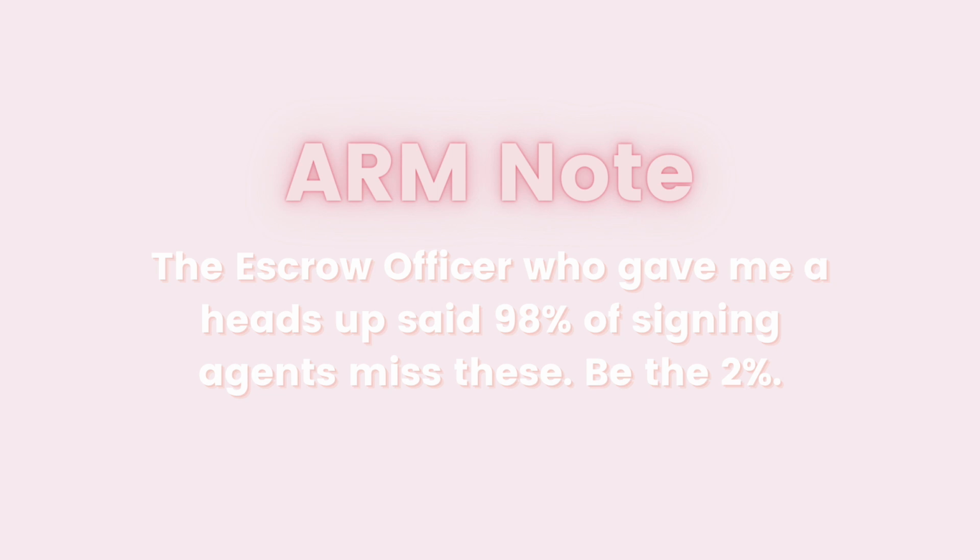The final document that I wanted to bring to your attention that signing agents make errors on are adjustable rate mortgage notes. Luckily for me, I didn't make this as an error. It was just brought to my attention before my signing by the escrow officer, but it's stuck in my mind and I just want to bring it to your attention so that you can develop that muscle memory for what documents have what element that you should be paying attention for.